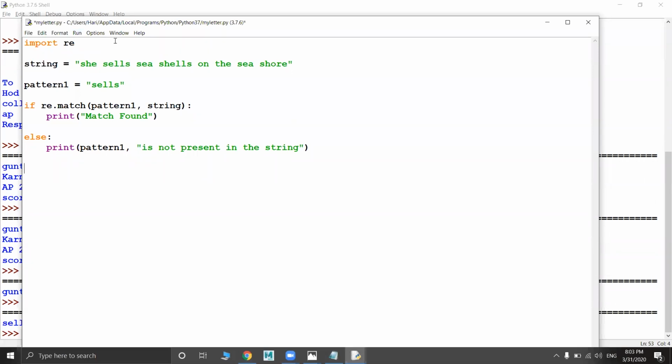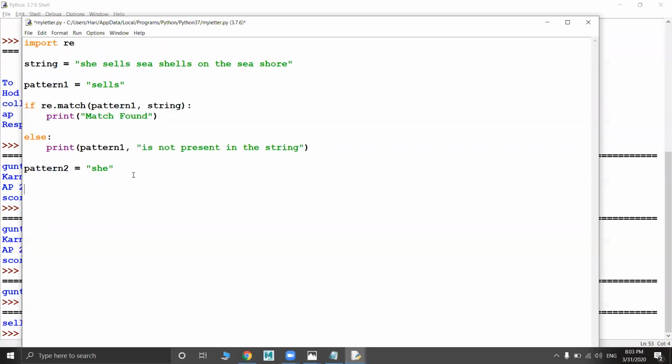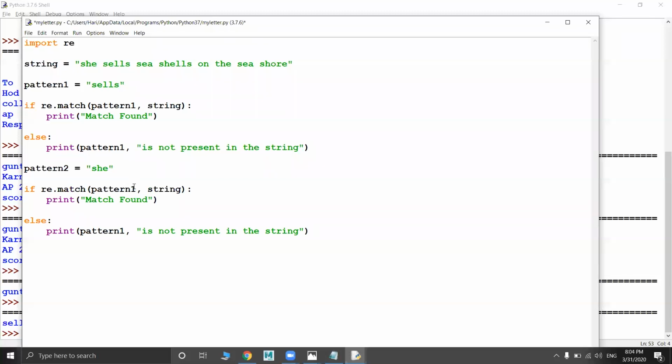Okay, now we'll see. Pattern 2 equal to she. Now I am going to execute this. I simply added the second pattern, pattern 1 and pattern 2.